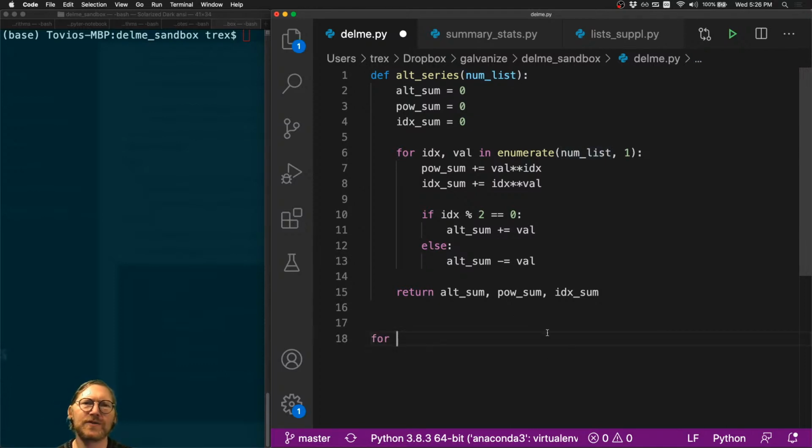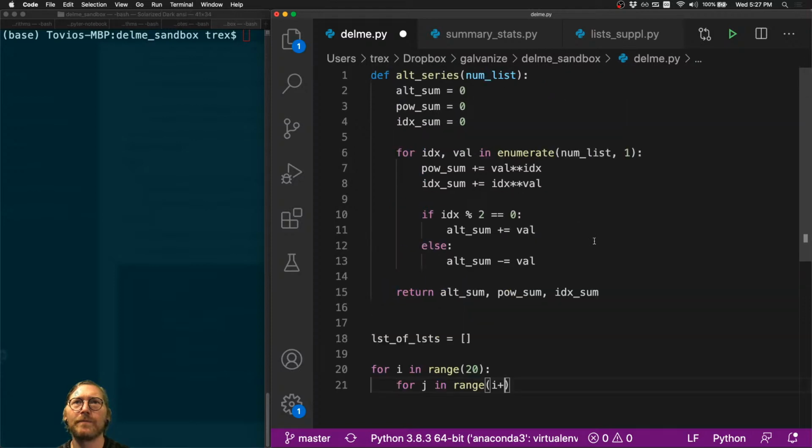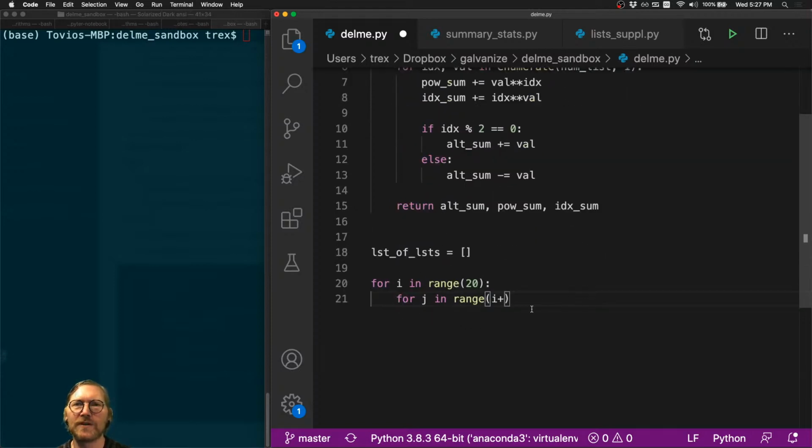First, I'm going to just write a for loop. So I'll say, let me generate a list of lists. How about I do that? So I'm going to just call this list of lists, and I'll make it empty first, and I'll say for i in range, let's do 20. And we're going to pack 20 lists into this list of lists. And do we need this i? Yeah, why don't we use this i? And I'll say for j in range, and I'll do i plus, what should we do? I plus,